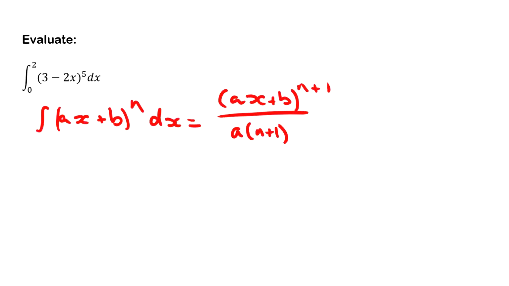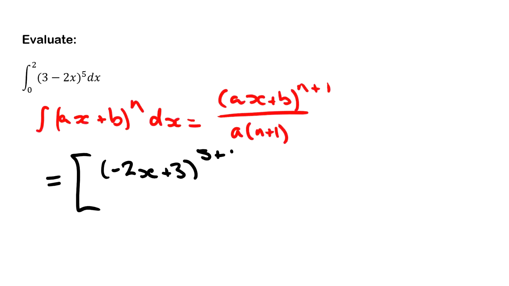Alright, so now that we got that, this is going to equal a, which was our 2, so -2x plus 3 to the power of, our power was 5, so 5 plus 1, all over -2 bracket 5 plus 1,